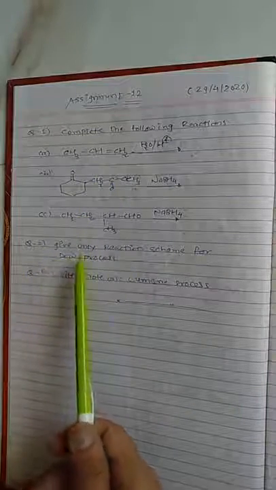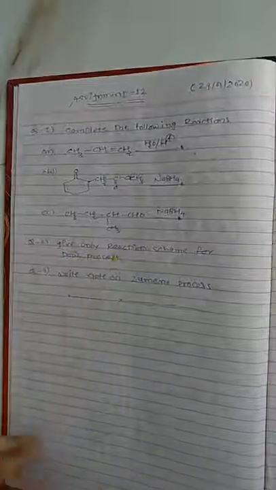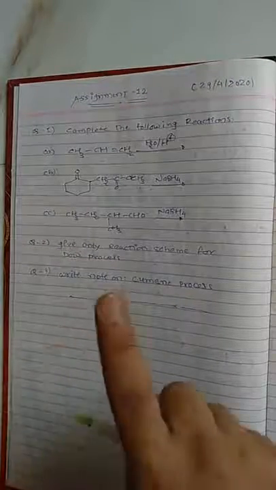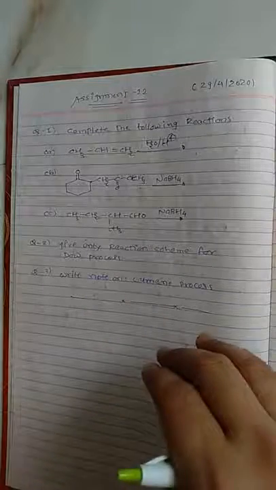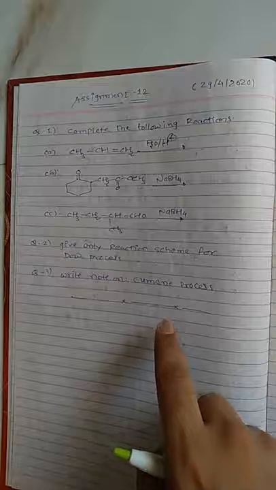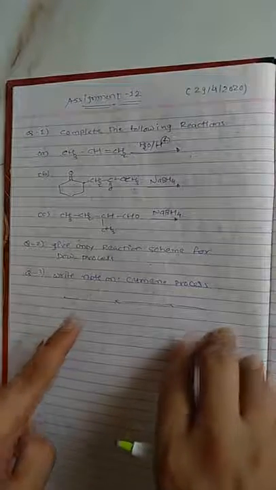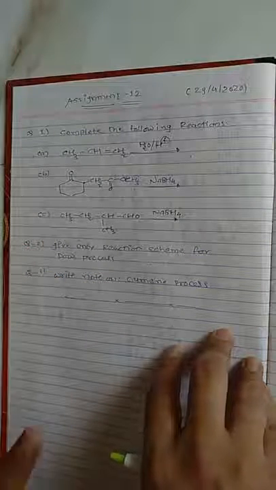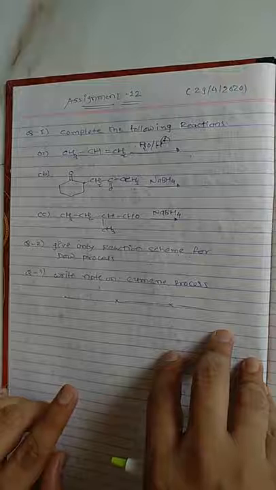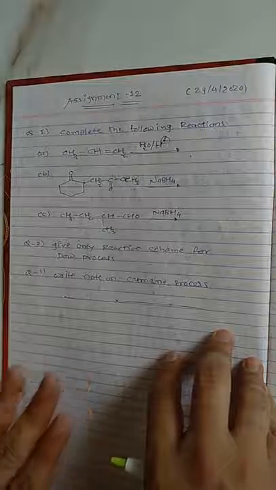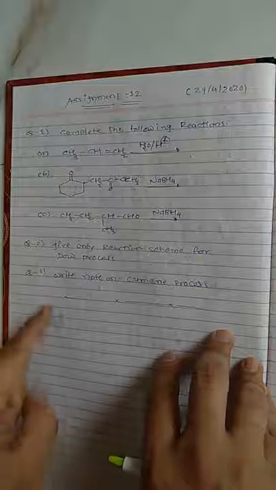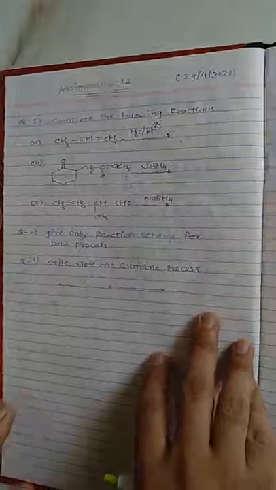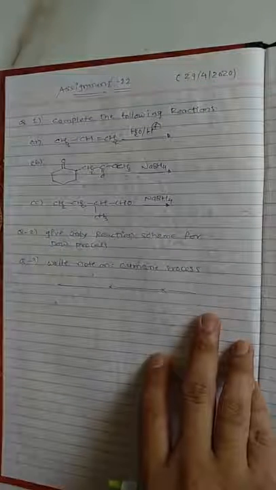Now the second question is: give only the reaction scheme for the Dow process. In this method you have to follow a systematic reaction scheme with proper temperature zone and proper reaction conditions. The third one, which is most frequently asked in examinations, is a short note on the Cumene process. A question may be asked in such a manner: write a note on the method of preparation of phenol by which you get a maximum yield. So here you have to remember that you have to follow the Cumene process which was mentioned earlier. So you have to write these questions in your assignment notebook.